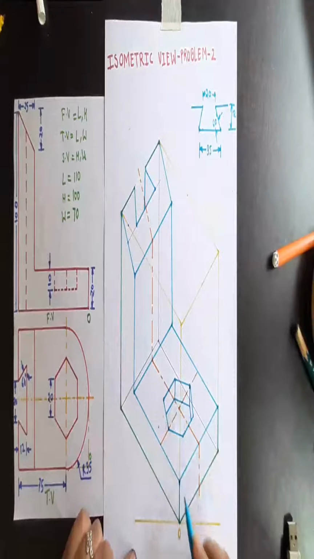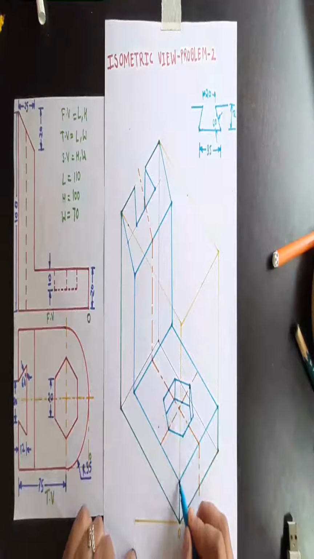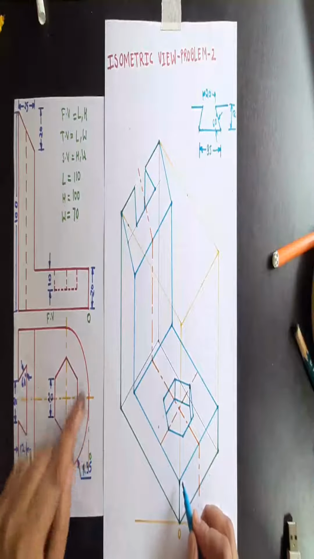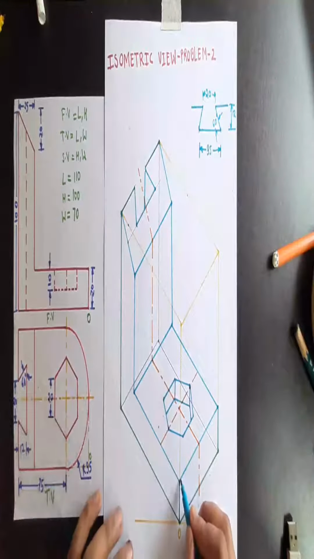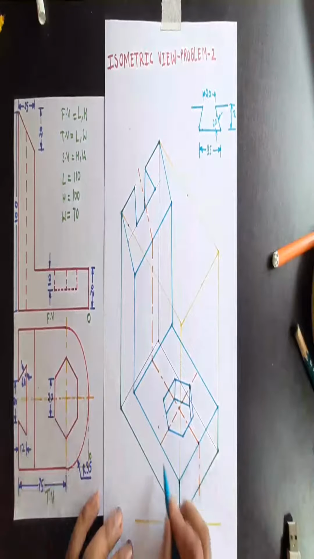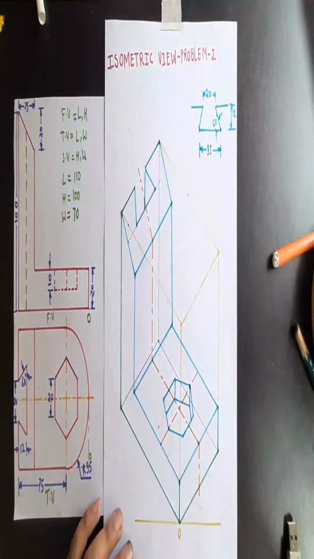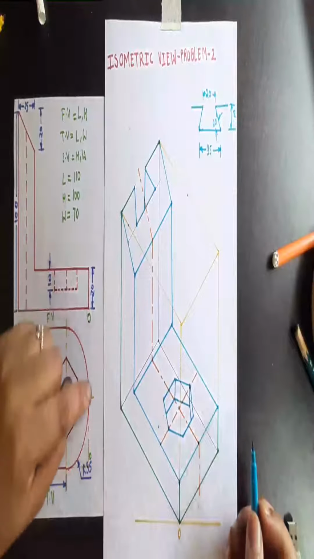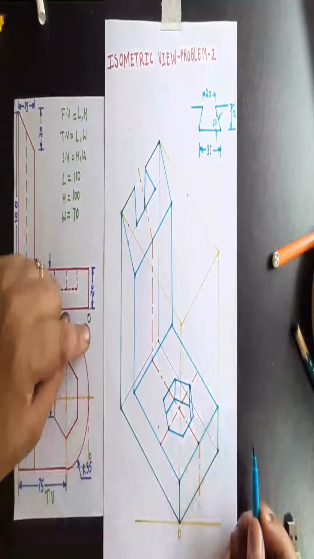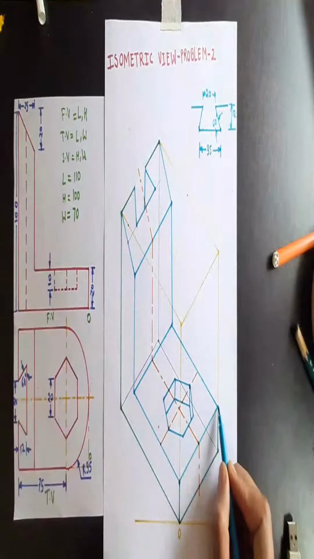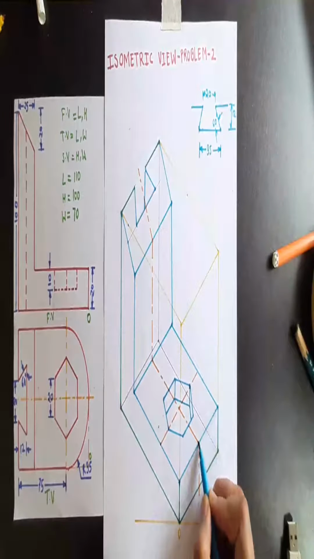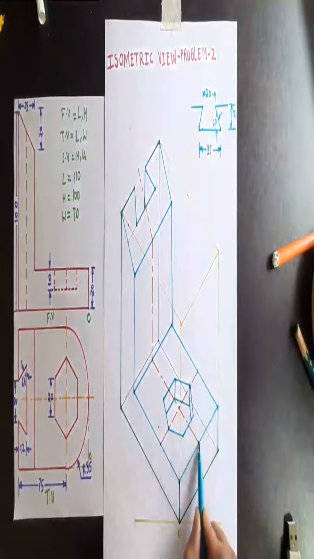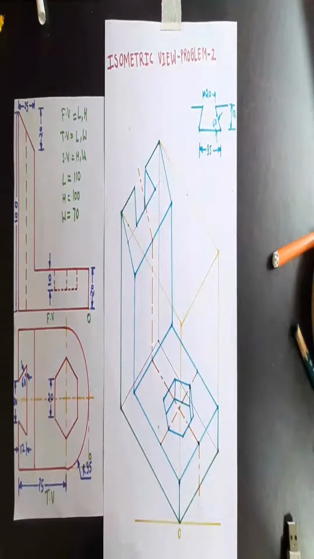So from this origin point, what we are supposed to do is mark the distance of 35 mm along the width as well as along the length. So along the width it is here and along the length it is over here. Similarly, take the other corner. Here you can see the other corner will be over here. I haven't drawn over here, but you can see it is here. So 35 mm here, 35 mm on the other side. So you have got these 3 points over here.